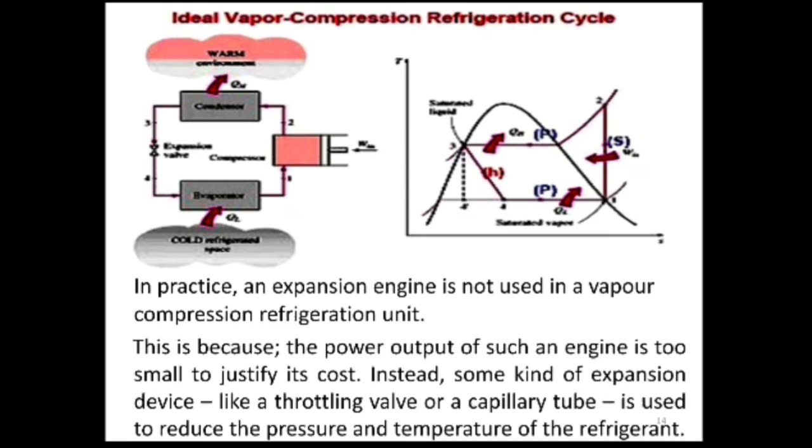Next, where are we? We are at point 3. The saturated liquid refrigerant at state 3 is throttled to the evaporator pressure by passing it through an expansion valve. From point 3 to point 4, what is the function? The function is of the expansion valve, where expansion takes place so that there is a drop in the pressure. When that pressure drops, the pressure that we achieve at point 4 is the pressure of the evaporator.